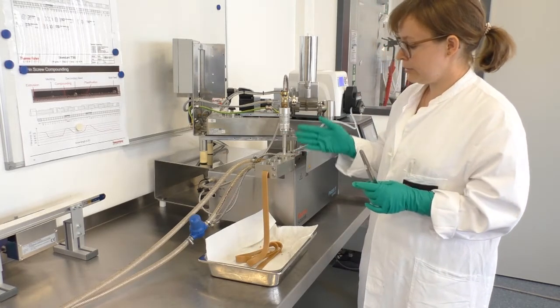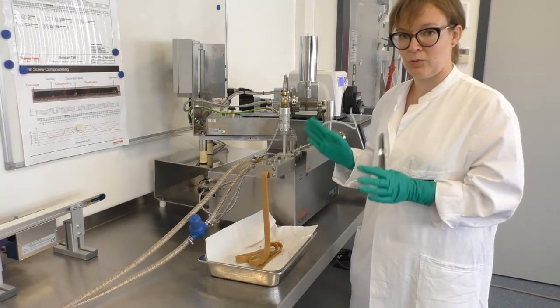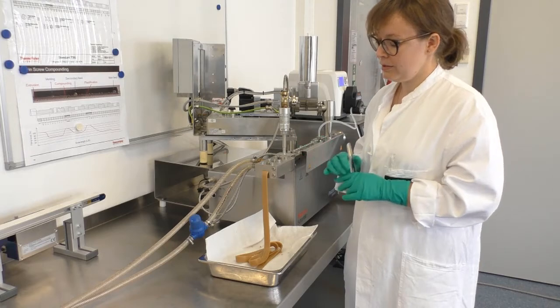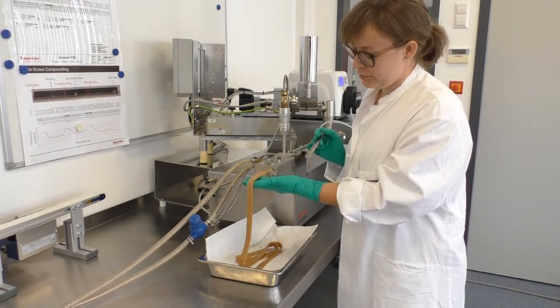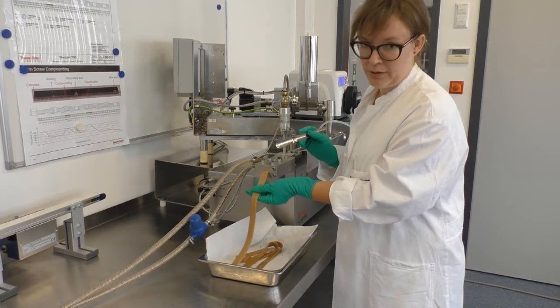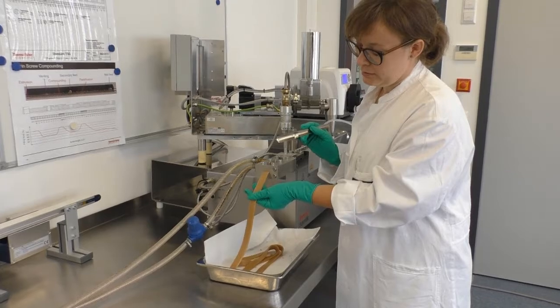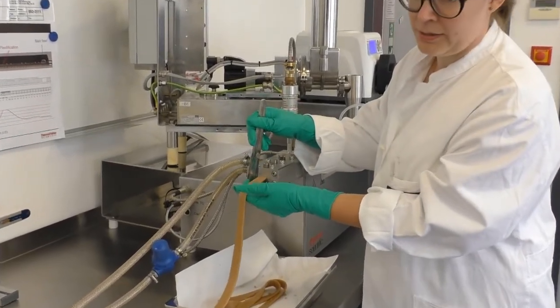And at this point, before the material enters the die, it has a material temperature of about 130 degrees Celsius. And we see here that the product is flowing out of the extruder. It looks quite smooth and slippery, which is due to the high water content. Now, when I cut the product